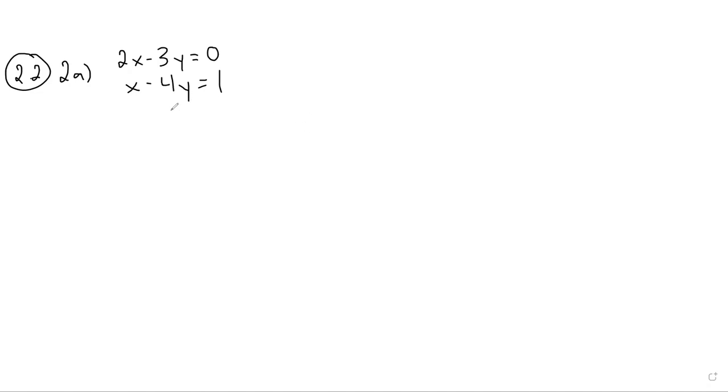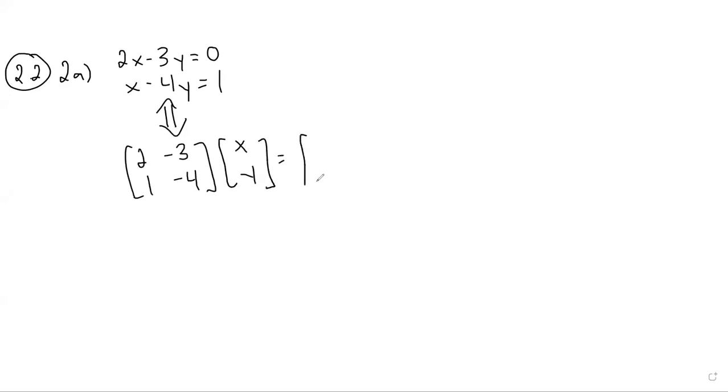So one of the things we want to recognize, and you should hopefully be able to move back and forth with, is that this can also be written as a matrix equation in the form [2, -3; 1, -4] times the xy column vector, is equal to the 0, 1 column. And so one of the ways that we could solve this is if this here is our matrix A, what I could do is multiply both sides of the equation, but left multiply both sides of the equation, that's important,